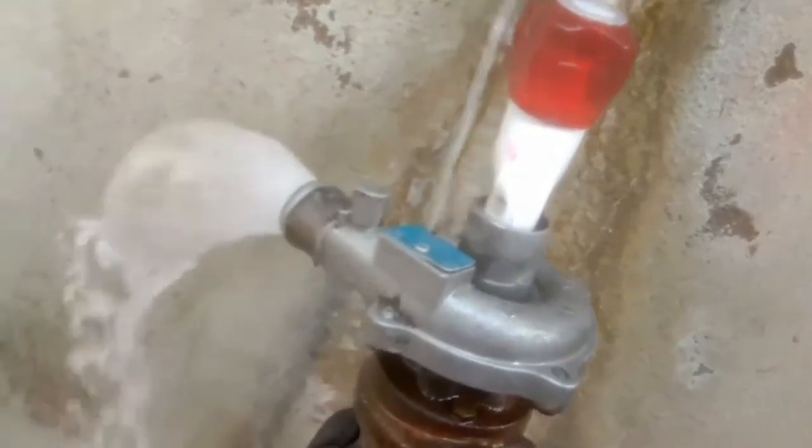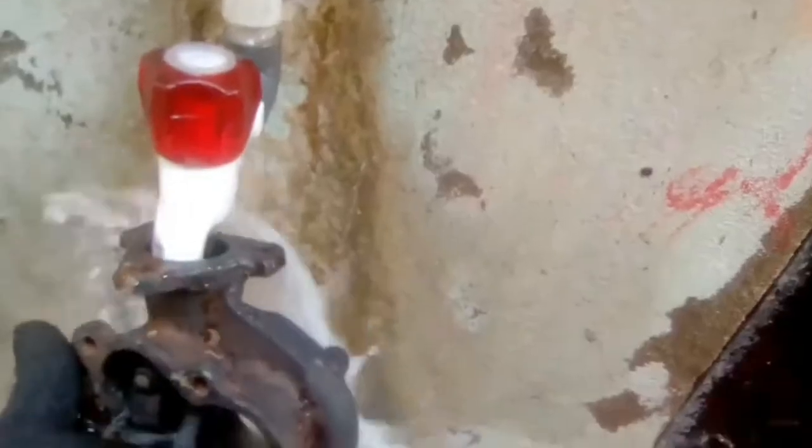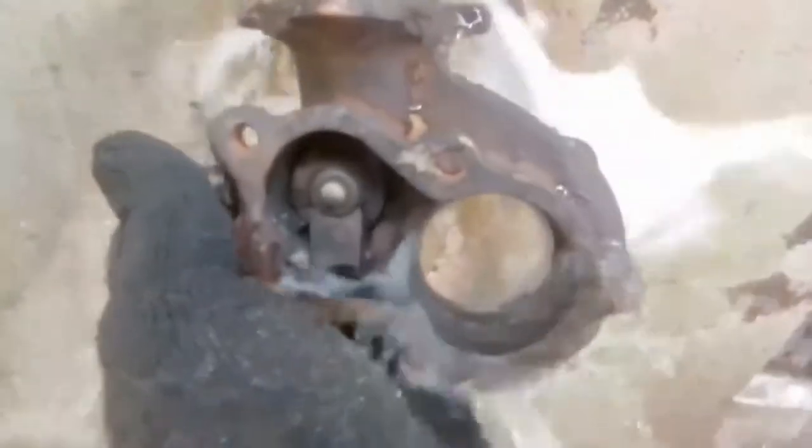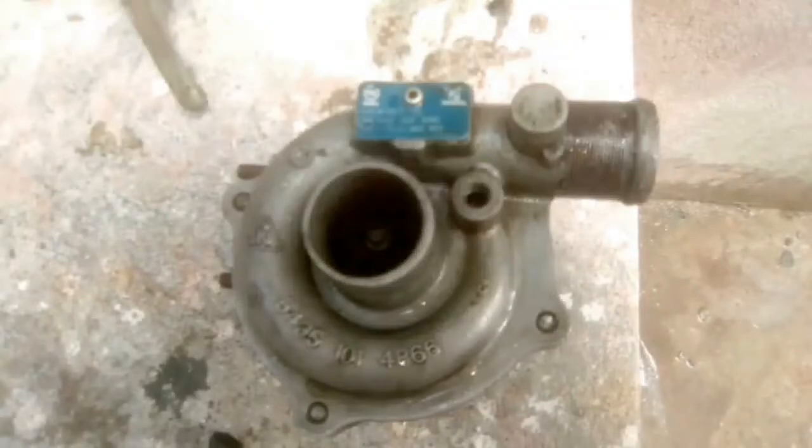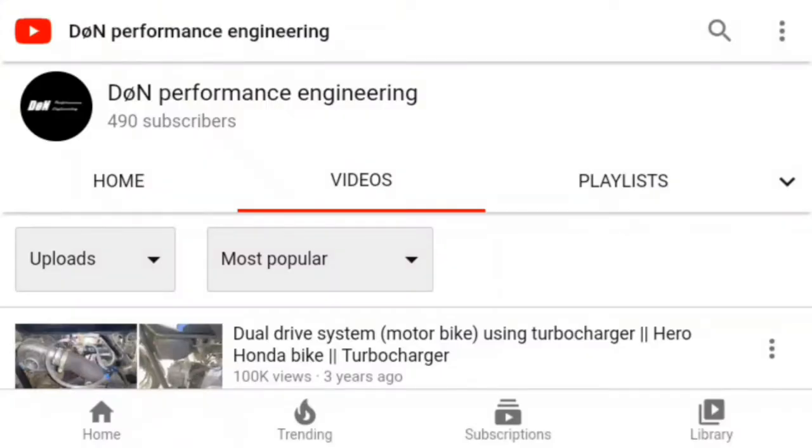What is higher efficiency of performance? A higher amount of oxygen in the combustion chamber will burn the full amount of fuel and give how much the RPM increases and how much the horsepower increases at the same time. Also, if the fuel is completely burned in the combustion chamber, it will give high thermal efficiency and low pollution. This is the advantage of a turbocharger.